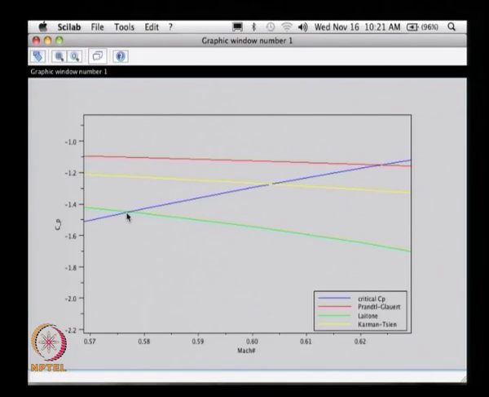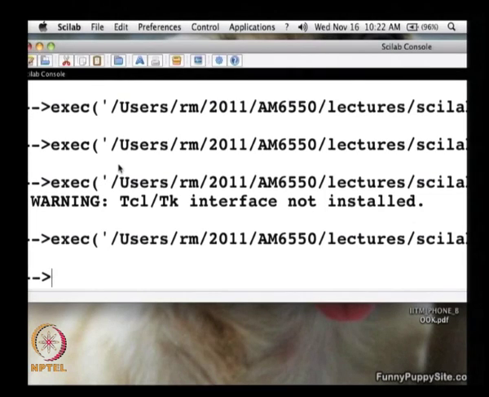So, any of these intersection points, okay. So, this is basically the critical coefficient of pressure, incompressible. So, with the suitable corrections, we get a usable coefficient of pressure. That will be given by the intersection of these curves, as you can see from here. So, that is basically a good way of using